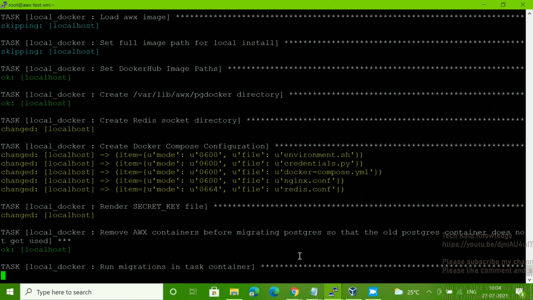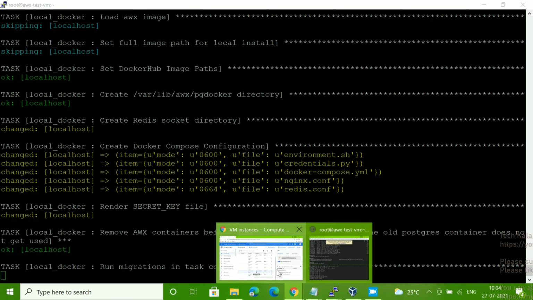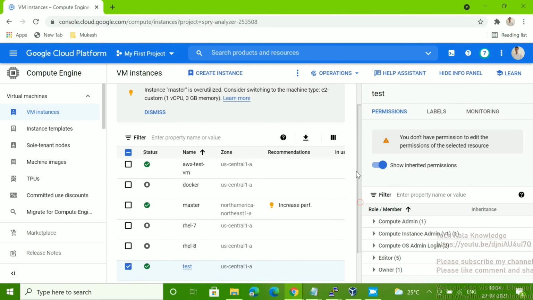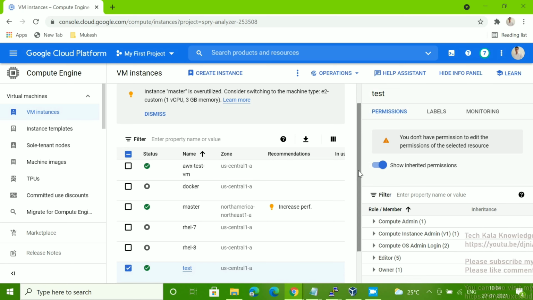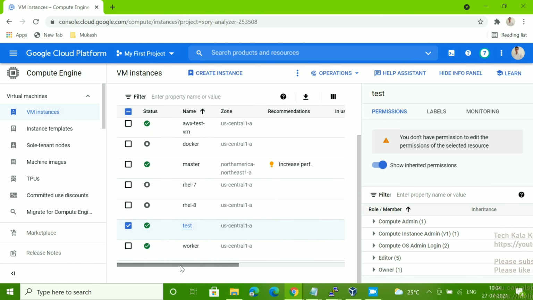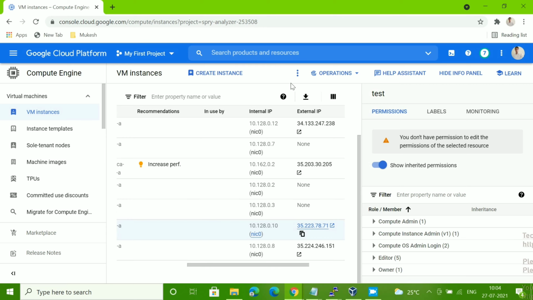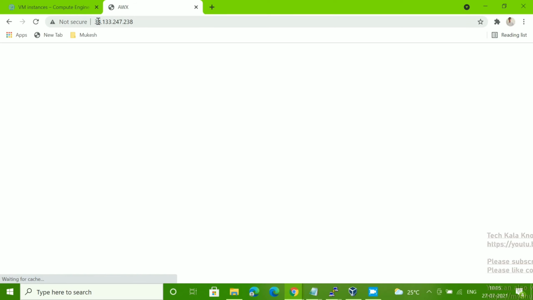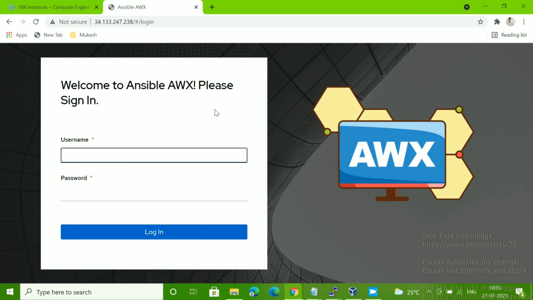Now you can still see this playbook is running, but we will check. Because I don't have a DNS, I will log in through the IP. If you have a DNS, then you can use your host. Let me log in here. Super, you can see I'm getting this console here.